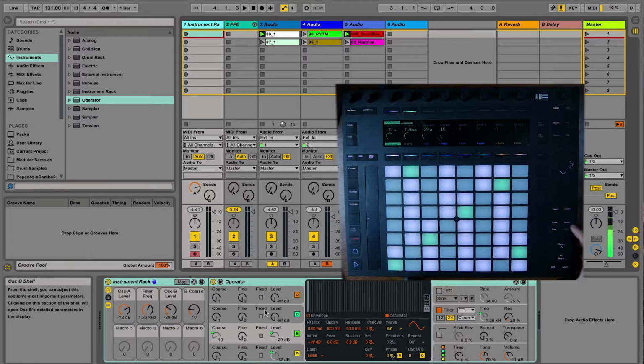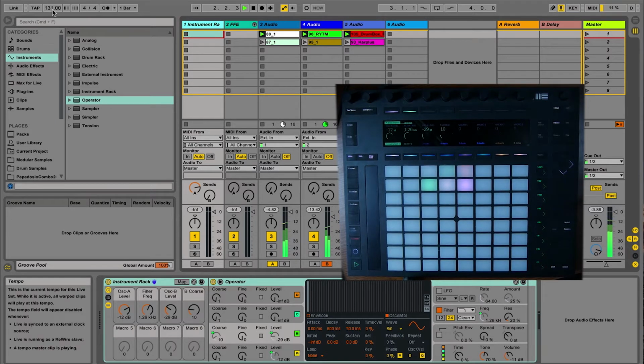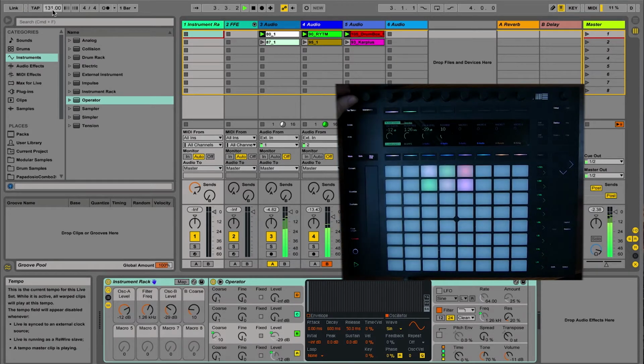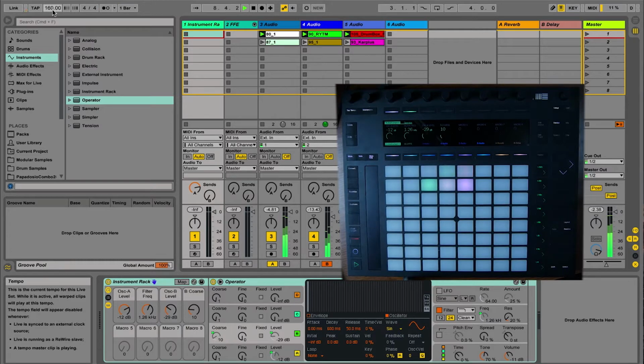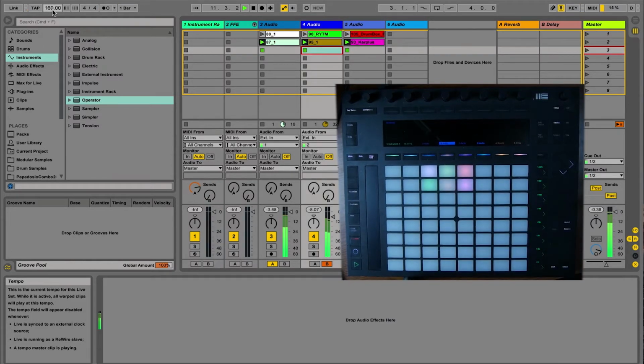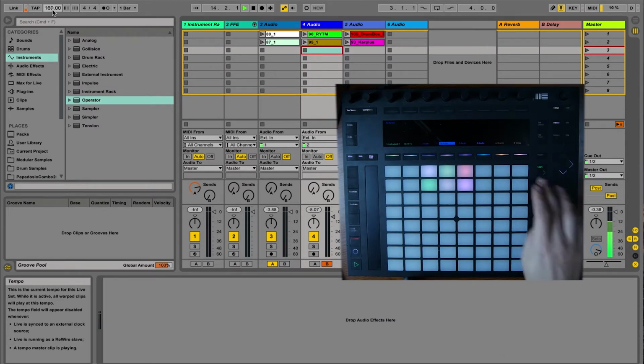I can click this button over here that says session, and now I'm all of a sudden just like the Launchpad. I'm in the session control, so I can launch a scene. I can turn the tempo of the scene up. I can turn my metronome on. I can turn it off. I can launch a different scene, and I can stop everything. It's incredible. So now I'm going to launch the first scene, go back to the note view,